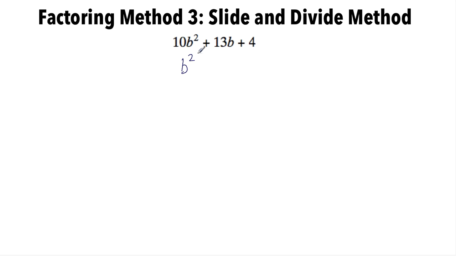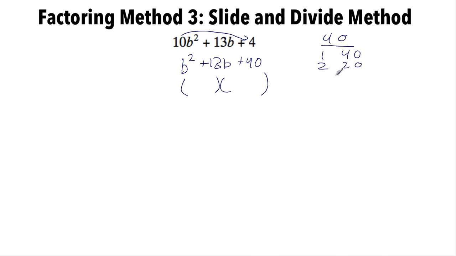So I replace the 10b squared with just a b squared, as if this 10 just moves back there. So I get b squared plus 13b, which stays the same, plus 40. Now we're going to factor this as if it's just any old quadratic. Here we can see that this is a 40 and this is a 13. So we look at factors of 40, and I write down the factor pairs of 40 that will give me